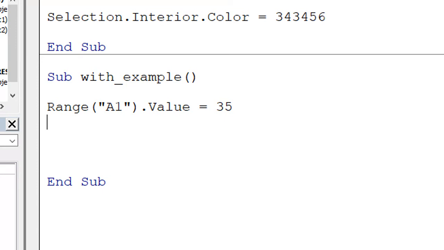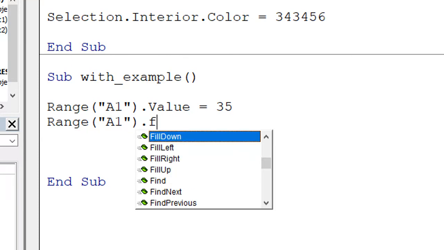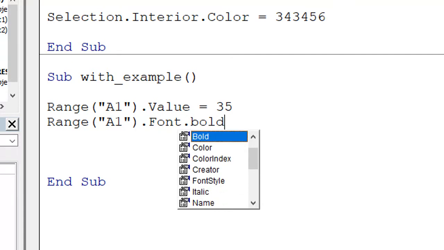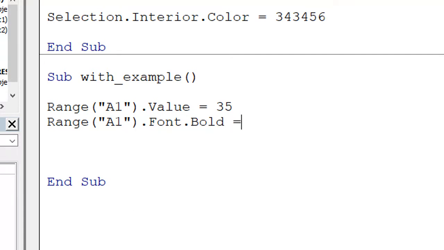Now what I want to do is again Range("A1").Font.Bold = True.